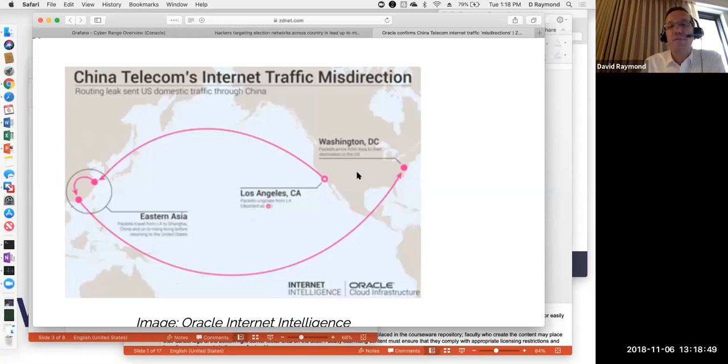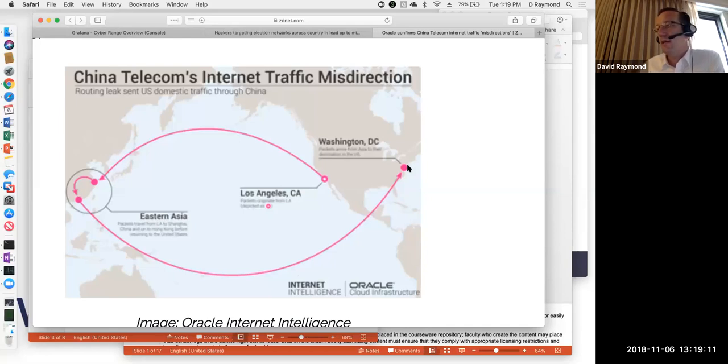And so what happens when you get that sort of bogus data sent over this BGP protocol is traffic, instead of being routed directly like you would expect it to be, gets routed here in this case all the way across the Pacific to China, then to another core router in China, and then back across the Pacific to Washington, D.C.